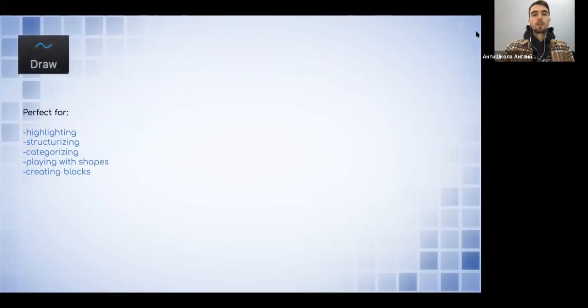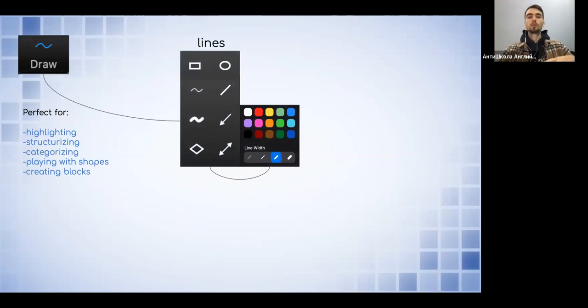Yeah, we have a draw tool. So I mean, you name it. What is it perfect for? Highlighting, structuring, categorizing, playing with shapes, creating blocks, underlining, drawing, whatever. And of course, the same way as the text tool, the draw tool is connected to,